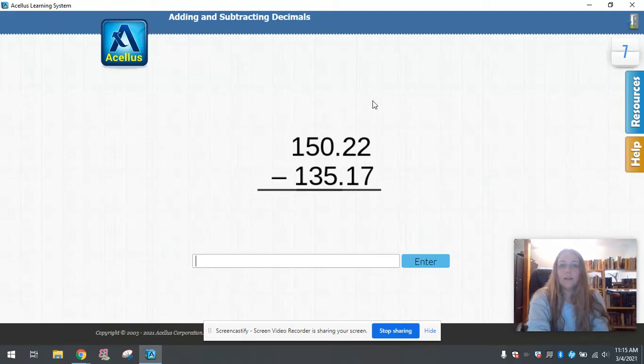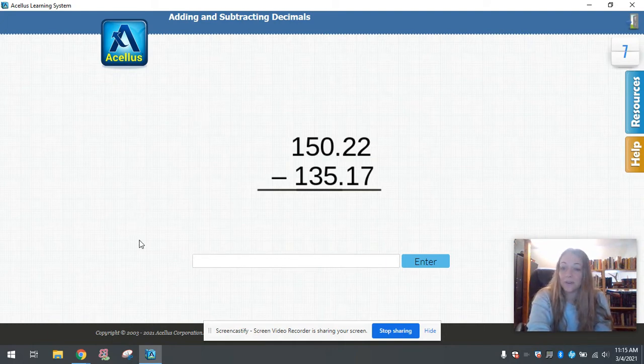All right, adding and subtracting decimals. So you can do this longhand on a piece of paper, or you can put it in a calculator. I'll do it both ways. So we'll do this one